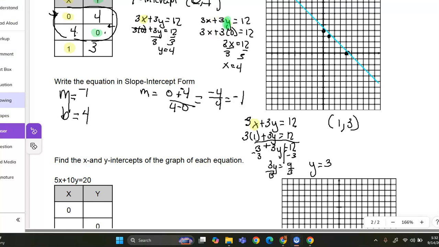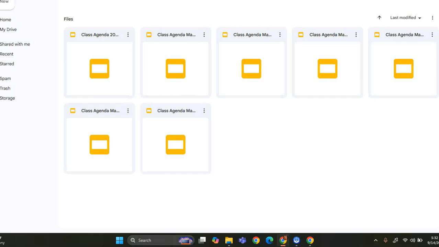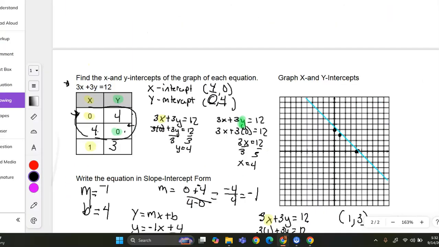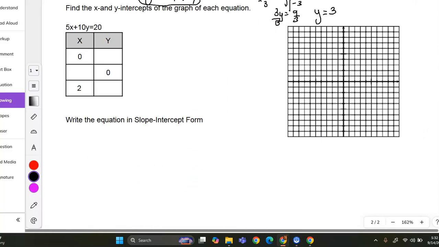Okay, I'm now going to write my equation. Y equals mx plus b. My slope is negative 1x. My b is 4, but we don't need to put negative 1x. So we're just going to put y equals negative x plus 4. That's my equation. Okay, you guys, sorry about that, are now going to complete number 2 that you didn't do,